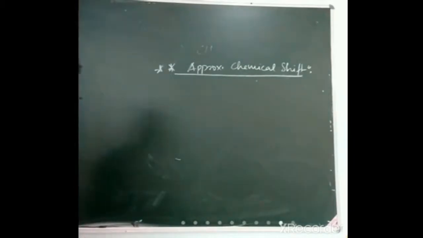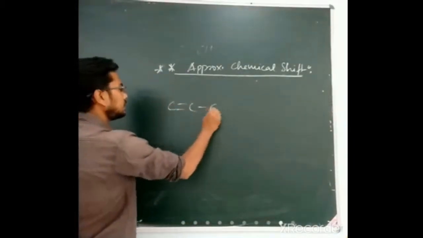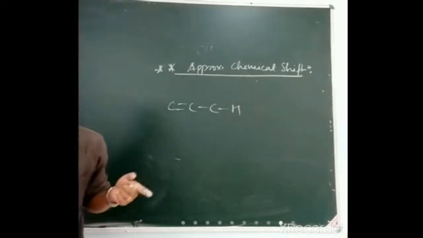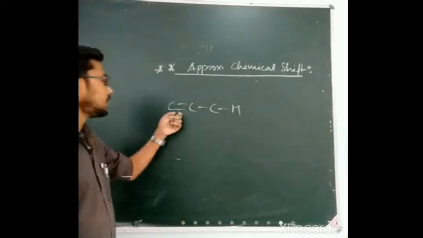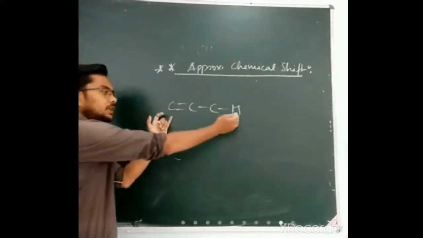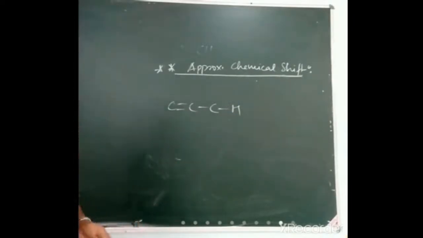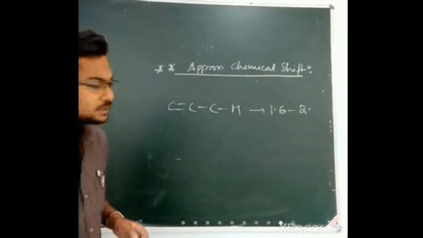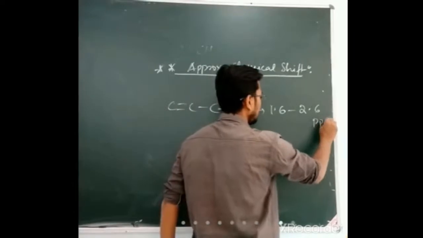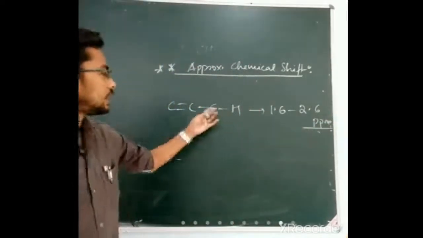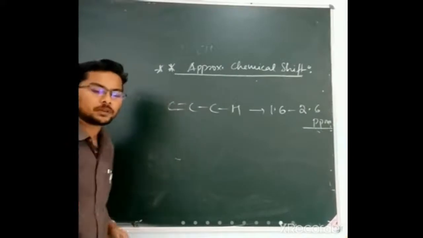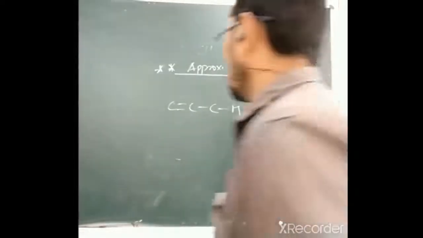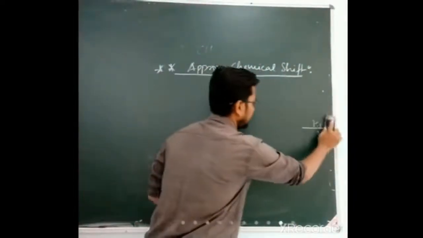So suppose another structure in alkene, it is like C double bond C, CH. That means the earlier alkene was vinylic hydrogen and now it is allylic hydrogen. Now for the allylic hydrogen, the double bond has moved a little bit far away from the particular hydrogen, and if it has moved far away, the value will come in 1.6 to 2.6 ppm in this region. As the electronegativity factor goes far away from the particular nucleus that is being considered, the value goes from downfield to upfield region.